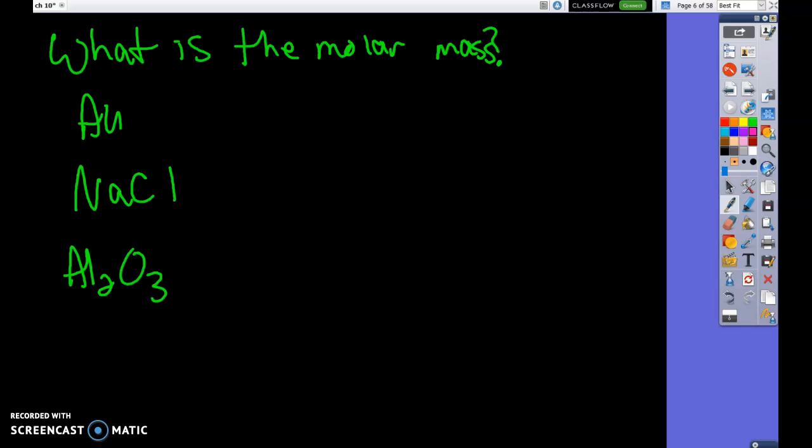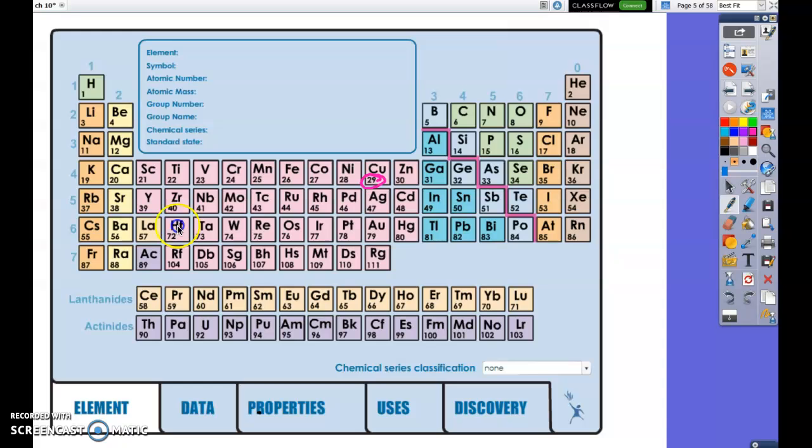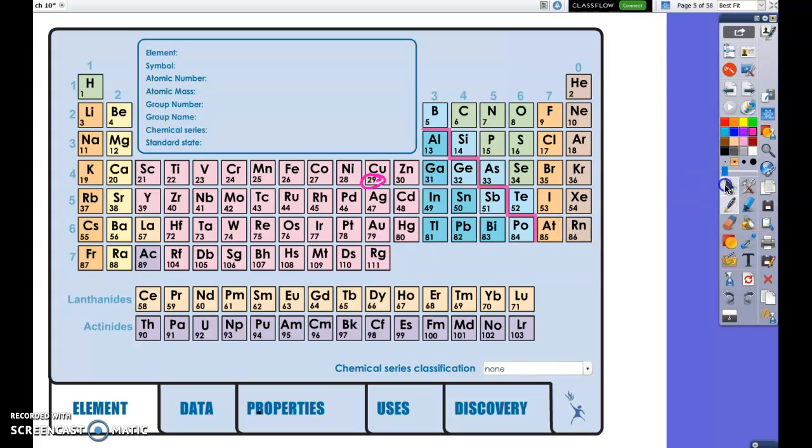Okay, so let's apply what we just learned. So I'm going to find the molar masses of these substances. Hopefully everyone remembers what Au is. I know you studied this at the end of last semester. I'm just going to put little equal signs here, and then we're going to go through how to do this. So I've got to find Au on the periodic table. I'm going to go to my handy dandy periodic table. Au is gold. You always remember that. Au, give me my gold.